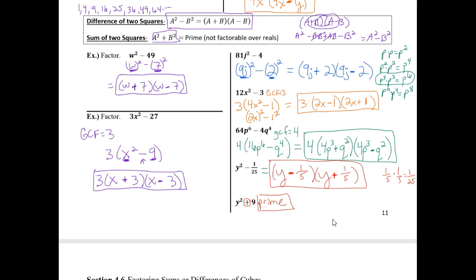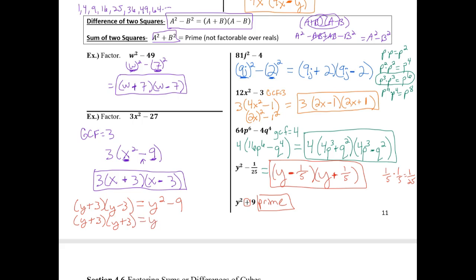And you might wonder why. So let's look at some examples of what it might be. Well, we already know if I did y plus 3 and y minus 3, those conjugates are going to multiply to give us a difference of squares. So that's got a minus in the middle, so that can't be it. If I did y plus 3 times y plus 3,